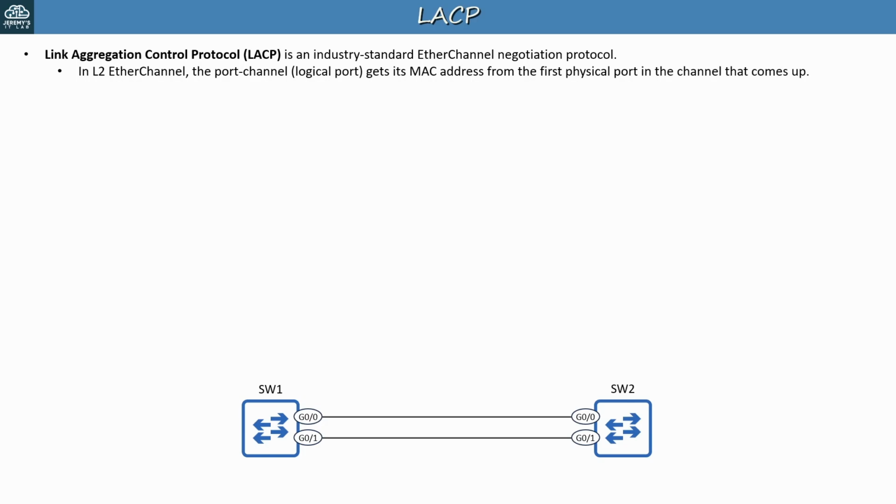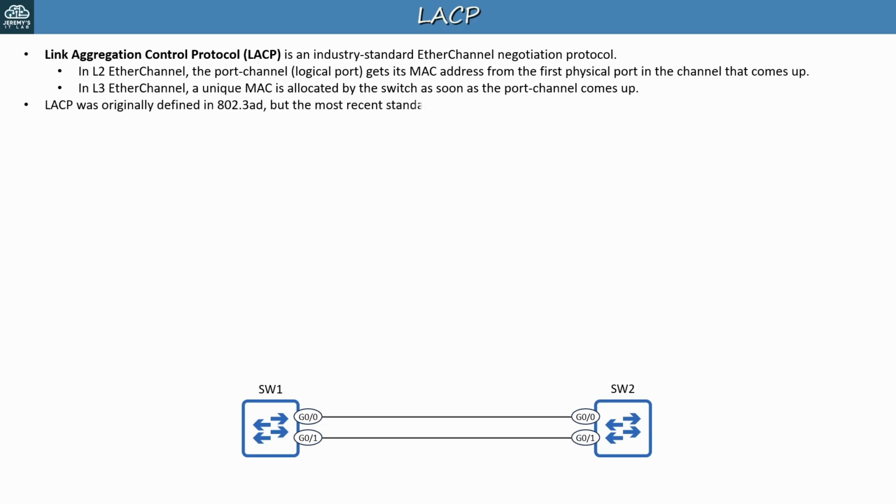For Layer 2 EtherChannel, the port channel gets its MAC address from the first physical port that comes up. And for Layer 3, a unique MAC is allocated by the switch as soon as the port channel comes up. You probably know LACP as 802.3ad, but the most recent standard for LACP is in the 802.1AX-2020 standard. If you want to get deep into LACP, you can get the standard for free from IEEE Xplore. Google it if you're interested. 802.1AX covers link aggregation, and LACP itself, as a protocol for negotiating link aggregation, is covered in Section 6.4 of